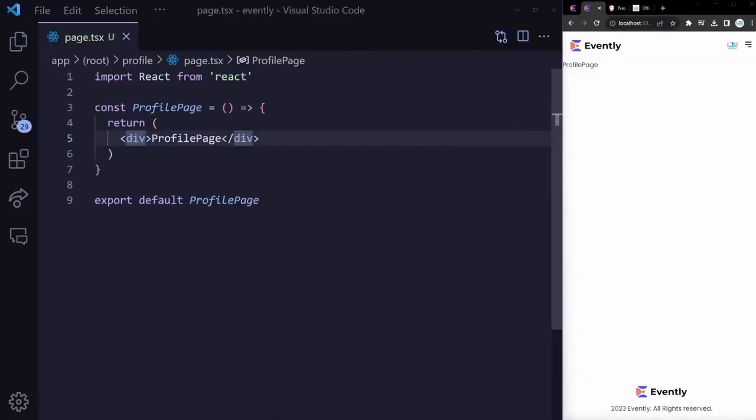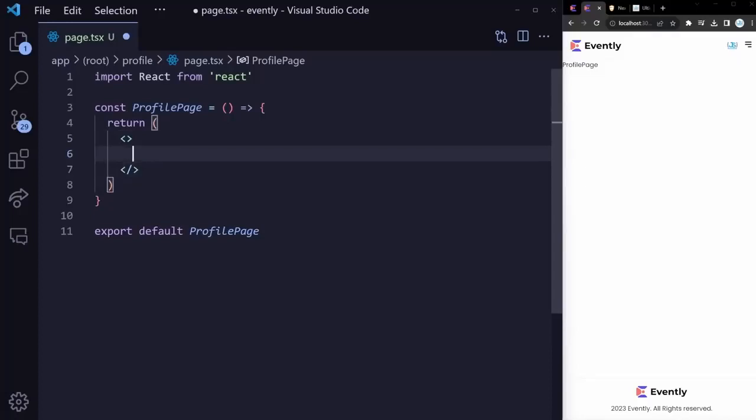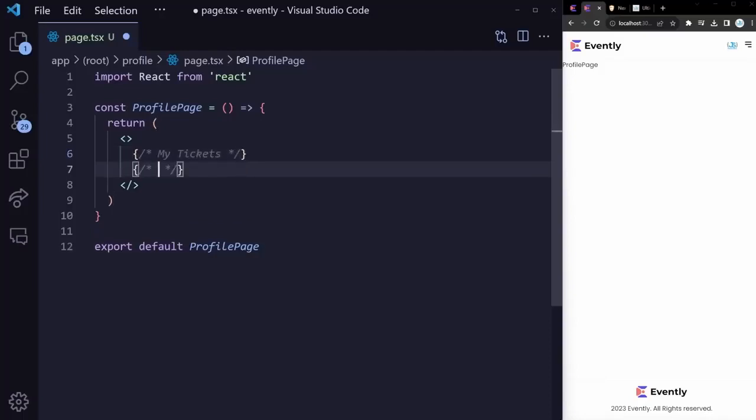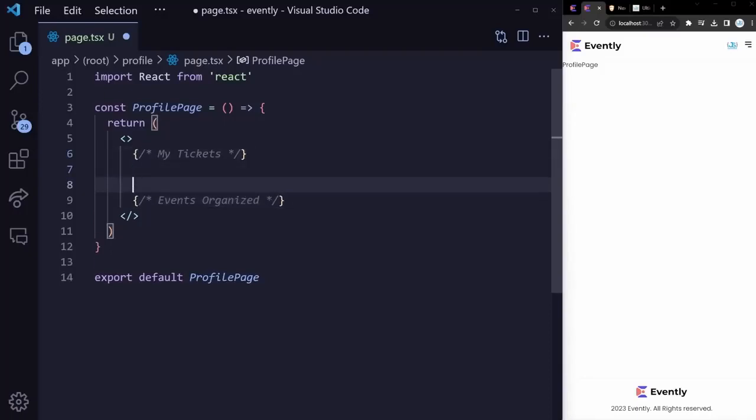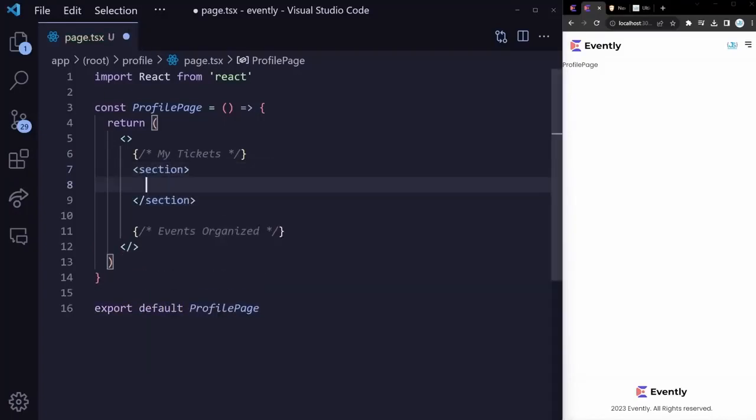To implement our profile page, we can get started by wrapping everything in a React fragment. And that's because our profile page is going to consist of a couple of different things. Two, to be specific. The my tickets, which you can write right here. My tickets. And then below it, we're going to have something known as events organized. So these are the events that we, as the user, have organized. Let's start with the first section, which is my tickets, which is going to be a section that's going to have a className equal to